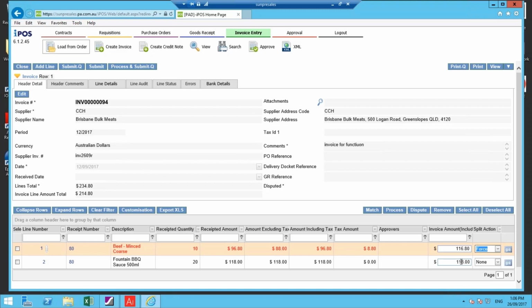Anyway, so we've got a tolerance check and it says if our line is 100% right, it doesn't need to go for approval. But if the line is for more than the original order line, then it will need to go up for approval. So I'm going to click on select all and force the over receipt